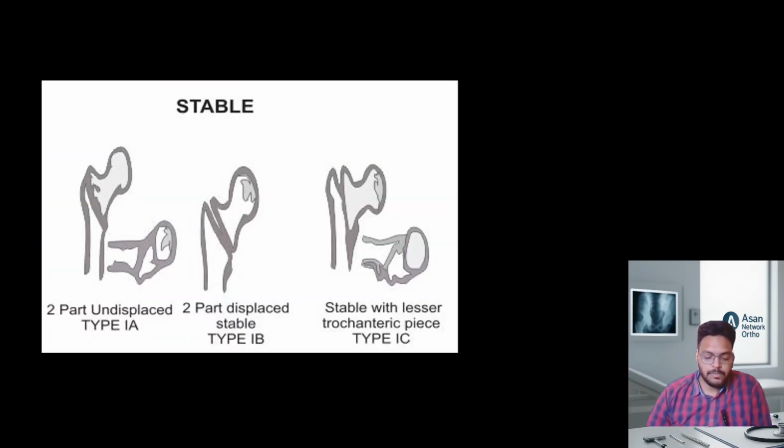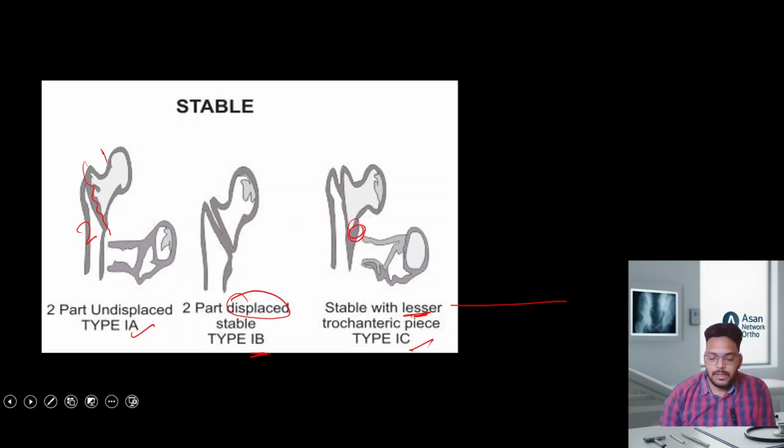Classification. So the two-part undisplaced fracture is type 1A. The fracture is here; this is the first part and this is the second part. This is the two-part undisplaced. If it is two-part displaced, then it is type 1B. And a stable fracture with a small lesser trochanter piece present is 1C. These are